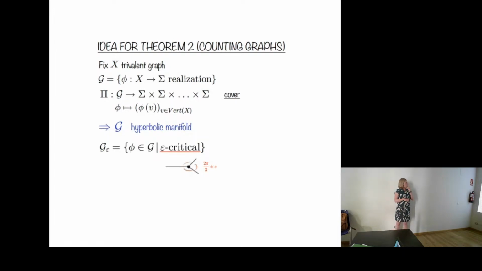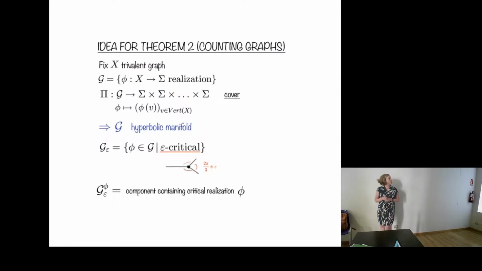So now I'm not going to look at those that are exactly critical, so they're not exactly 2 pi over 3 at every vertex, but I'm going to thicken a bit to have an epsilon error. So up to plus or minus epsilon, the angles are what we want. And then I'm going to look at the subset of the realizations that are so-called epsilon critical. And then, remember that we said that each connected component of G contains a unique critical realization. So let this denote the component that contains